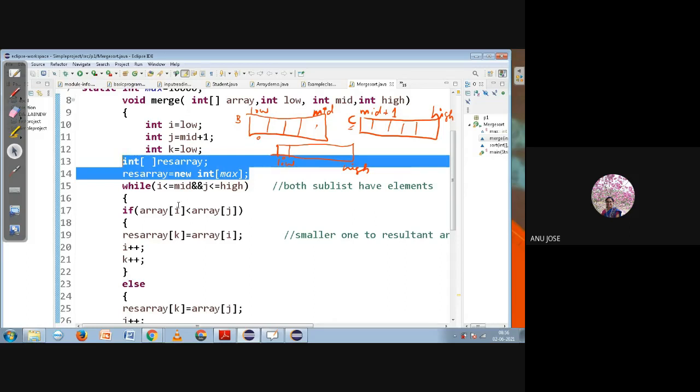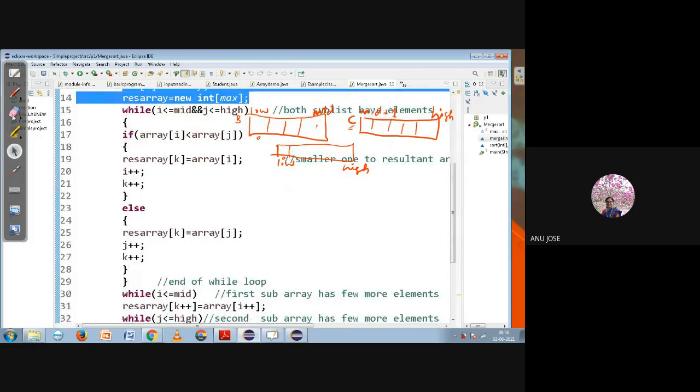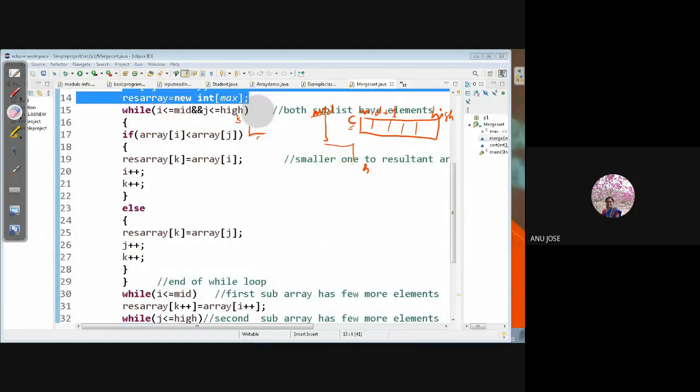After that, we are doing the actual operation. What all are the things I have to do? While I is less than or equal to mid and J is less than or equal to high, what does that indicate? The I variable will vary from low to mid, so I should not exceed mid.